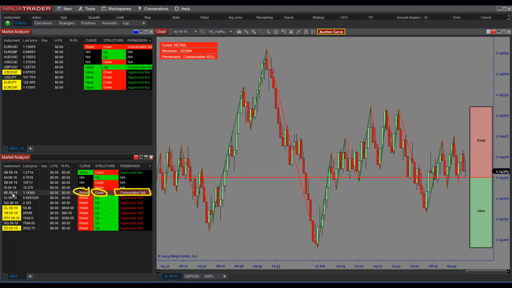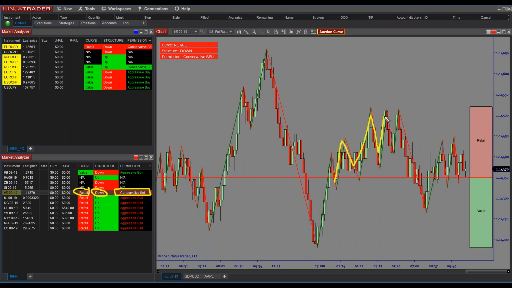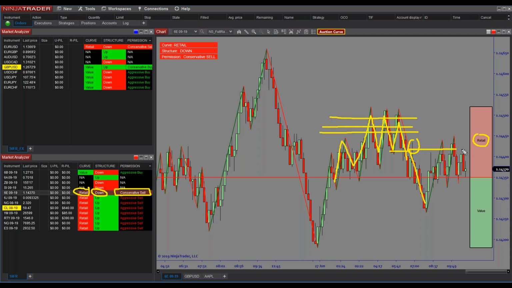Okay. Well, I can show you exactly when that happened. That happened right here. We were pushing up, pushing up, pushing up. It broke right here. That was the opportunity to be in retail. There was a structure retest for a short right there. Now, that may just be price action. If you have a supply zone here, or a Fibonacci resistance, or a market profile value area, or a point of control, whatever your strategy is, our software can tell you right now that you are still in a conservative selling environment.